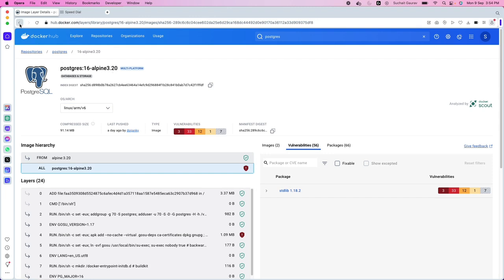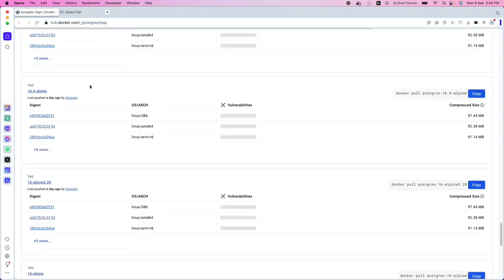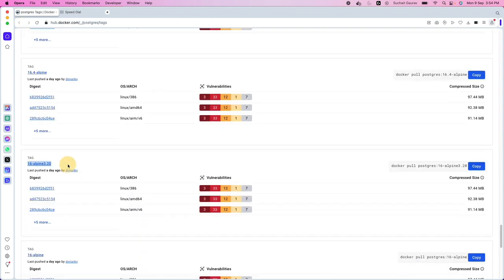I already showed you, right? First, if you go back, we will use this version of the Postgres Docker image. The tag is nothing but an indication of a version, right? This tag is 16 Alpine 3.2.0. If I want to pull this image, what I need to do is simply copy this, and if